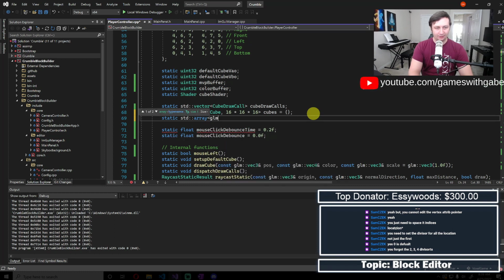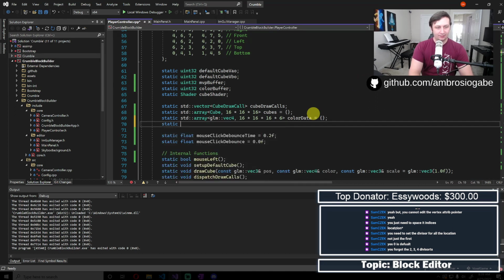We want GLM vec4. This is for our colors. How many colors do we need? We need 16 by 16 by 16 for all the cubes, times 6 for all possible permutations, whatever. This is our color data. Okay, and then static std::array,